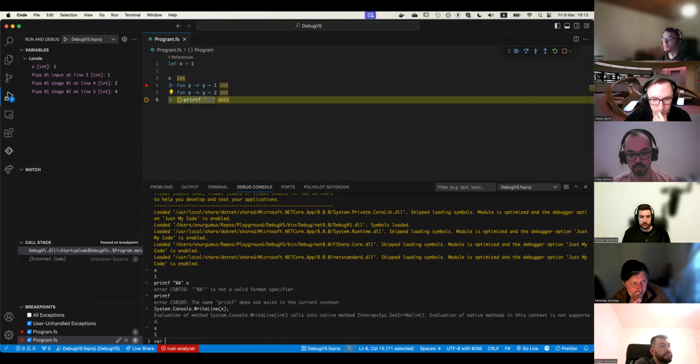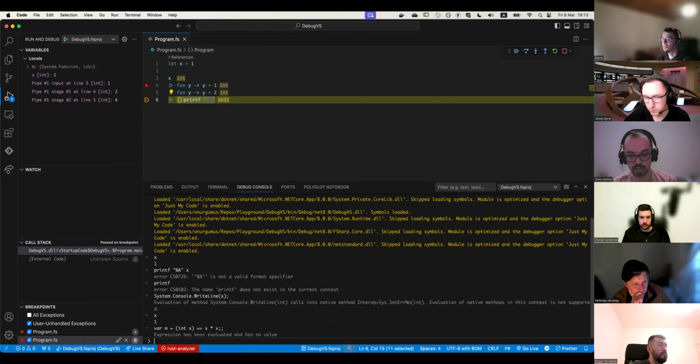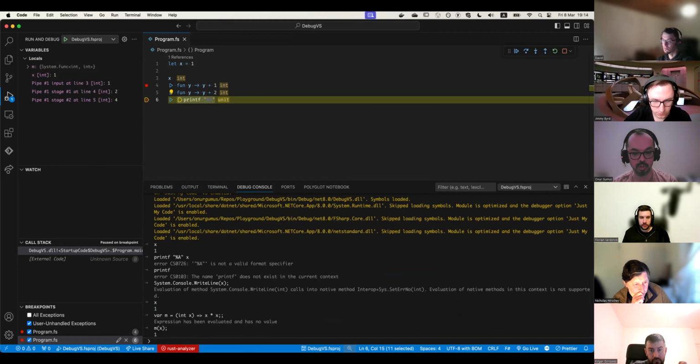Let's create a lambda expression here. Let's call it y equals m, and if you just type regular C# here, for example x times x, then we created a lambda expression in C# syntax, and we can still pass our value here, and you can see it's squared, and 1 squared is 1. So you still have the power of the C# debugger, and you can use this in Visual Studio. It's called the immediate window, and that's still available.